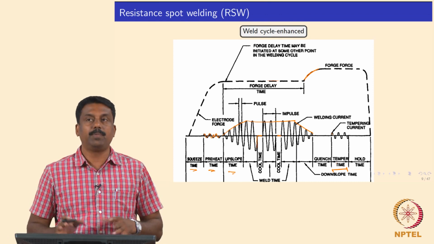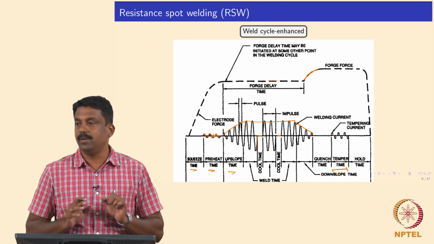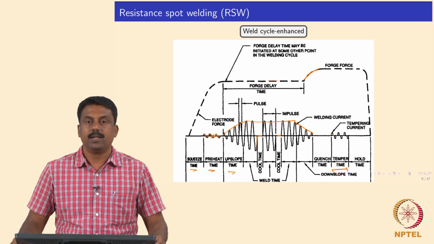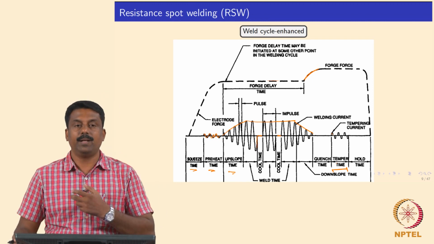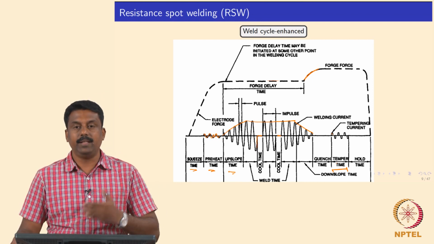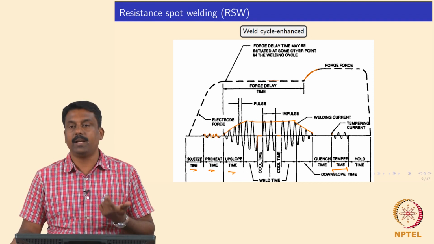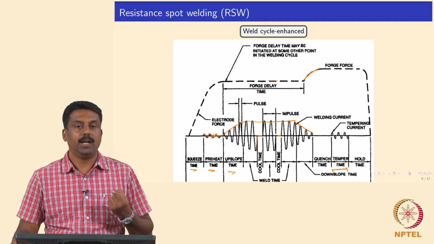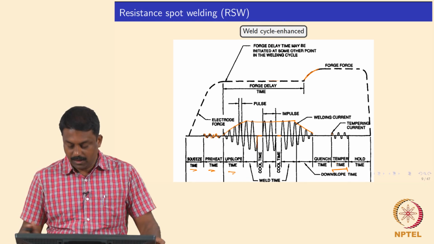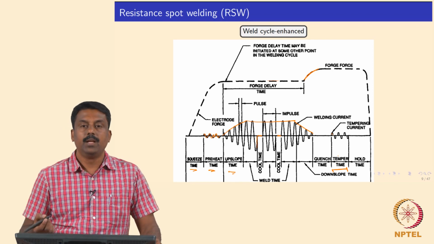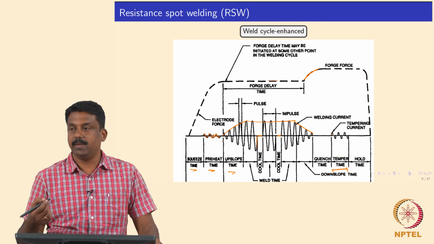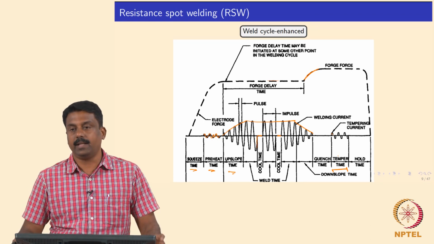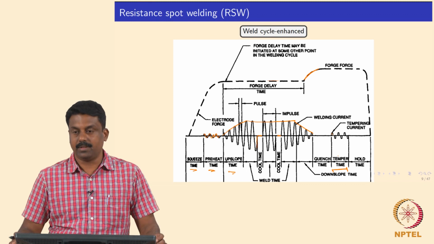And the modern resistance spot welding equipment, all of them are capable of generating such weld thermal cycles. And it is extremely important because if you look at the welding metallurgy of the automotive steels, it is difficult to achieve good mechanical properties without any post weld heat treatment. So, it is extremely important to use a post pulsing not only to temper the martensitic microstructure, but also to homogenize the elemental segregation that is happening in the microstructure.